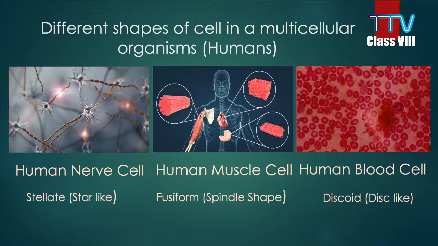We call them electrical impulses, nerve impulses. These nerve impulses have to travel a great distance, so with the help of which the nerve cells are pretty elongated, so that the nerve impulse can be transmitted. Muscle cells have a spindle shape because they have to constantly